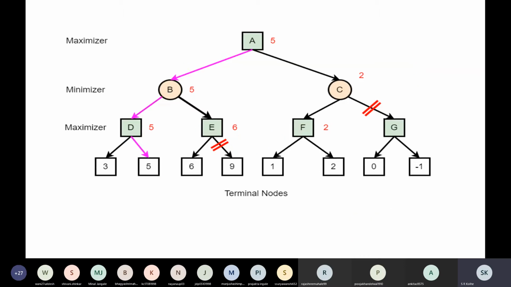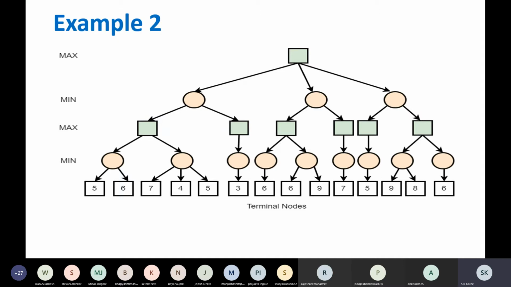If you have understood, I have shown this solution path. The purple color will be the solution path. So let us try to evaluate this game tree using the alpha beta cutoff algorithm by yourself. How to start?